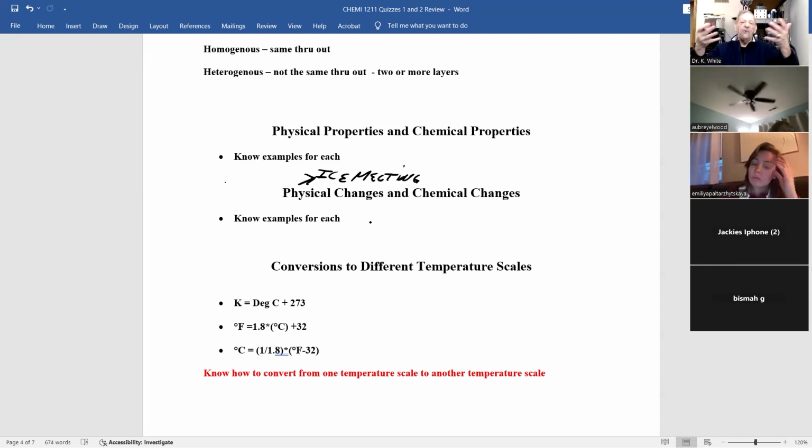Ice melting. When ice melts, it goes from a solid to a liquid. When you boil water, it goes from a liquid to a gas. Now, chemical change would be, and now I have to admit this, and I might have admitted it in one